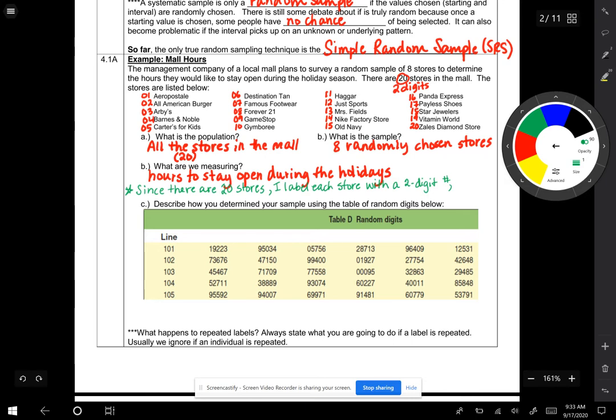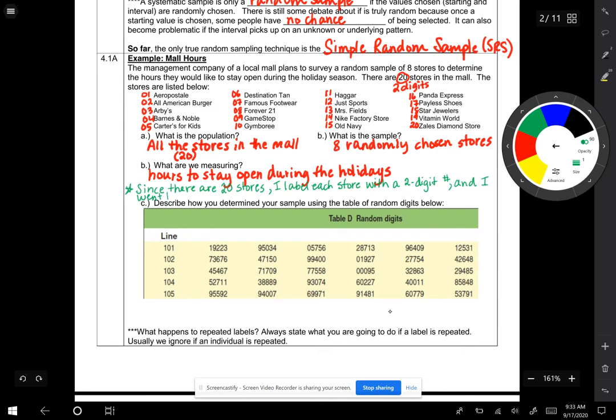All right. And now I'll show you how to use the random digit table. I went to the table and marked off 2-digit numbers. Okay, I'm going to stop right there. We're going to continue writing more information, but now I'm going to go to the table and mark off starting with,